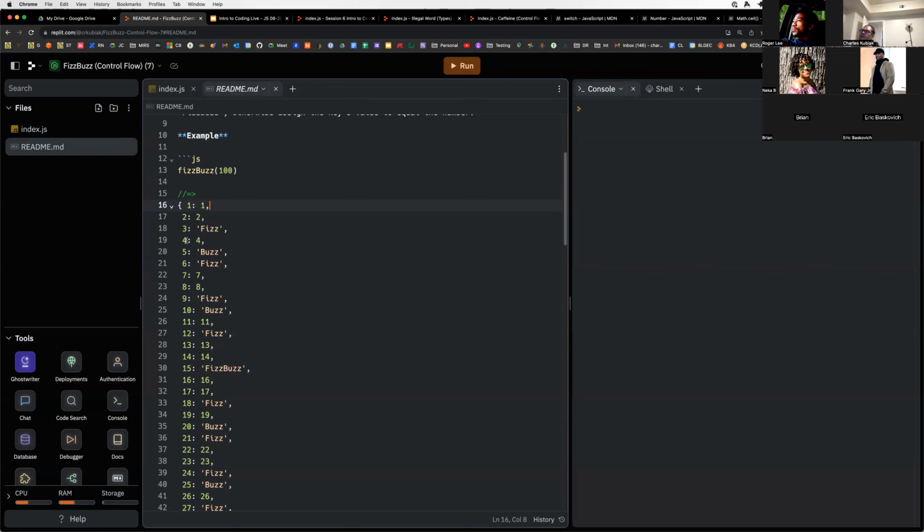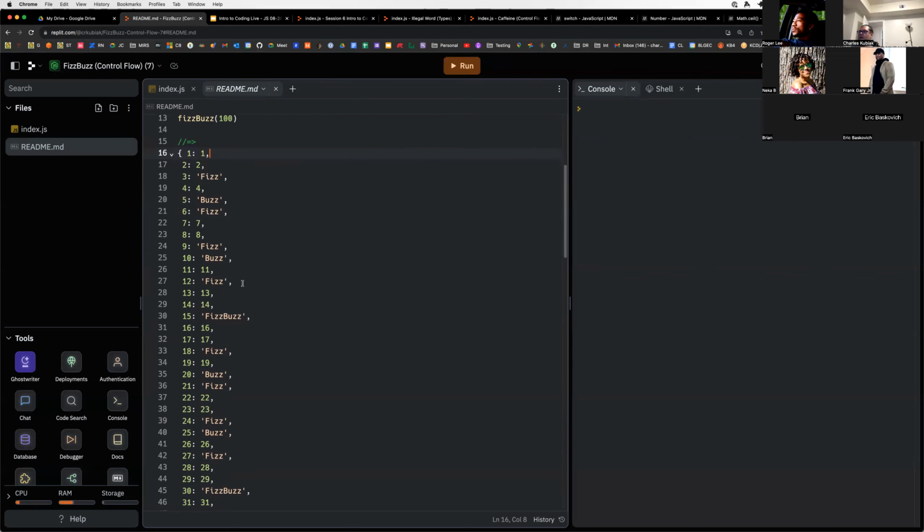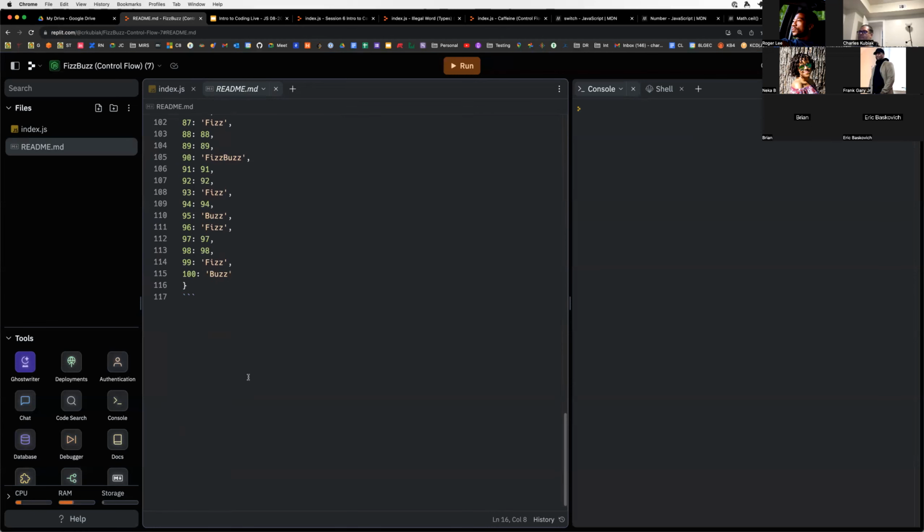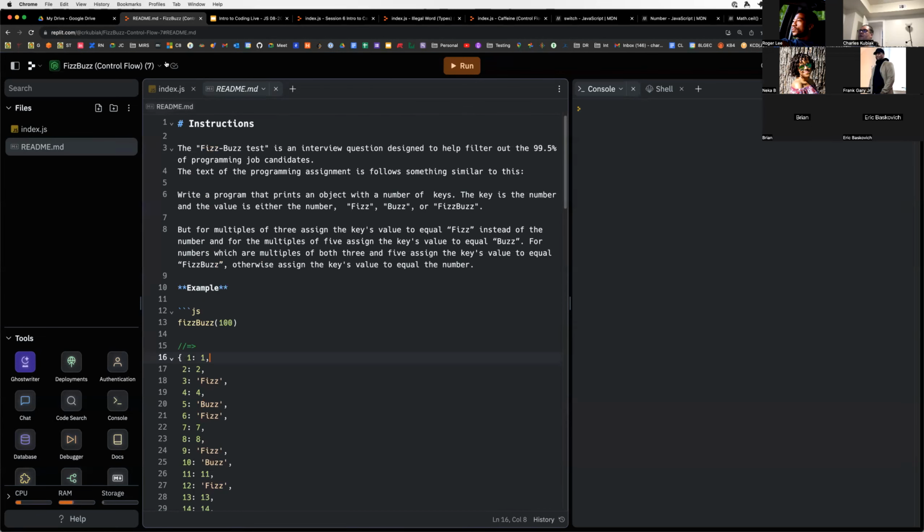So we get fizz. 4, 5 is evenly divisible by 5. So we get buzz. 6 again is fizz. 7, 8, fizz. 10 is buzz. So on and so forth. And when we get to 15, because it is divisible by both 3 and 5, we do get fizz and so basically fizz buzz. All right. And this pattern continues, repeating itself until you're done counting. All right. So